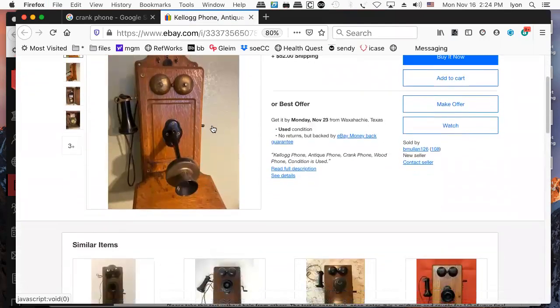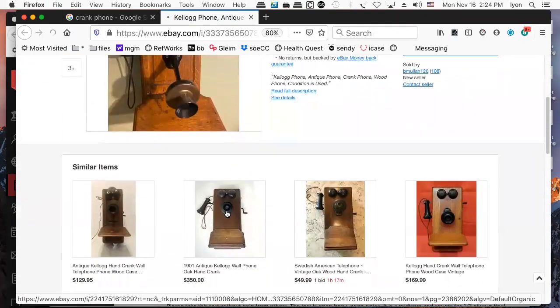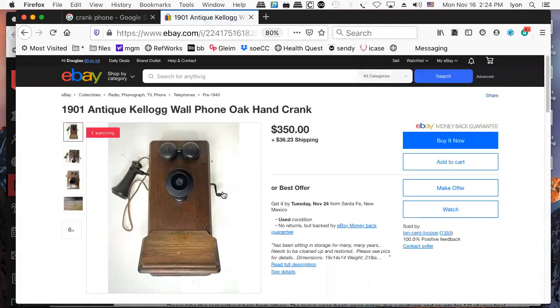So there's a crank handle on the right. You can't really see it. Here you can. That's from 1901, it says. And that's a cool looking phone, right? So that's a carbon microphone right there. And that's a little headset. And you crank this little handle and generate 90 volts. Goes down a twisted pair that's no more than 3 miles away from the central office and causes a ringing